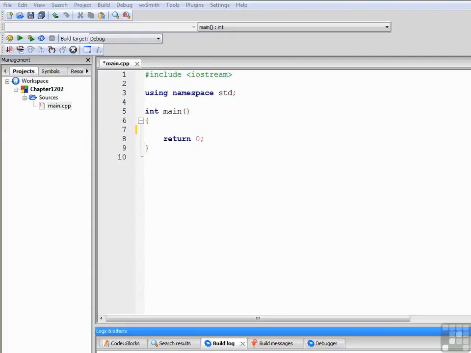As I mentioned earlier, we're going to take this chapter on pointers slow. So in this lesson, all we're going to cover is pointer declarations and initializations. So let's get started. To declare a pointer, simply provide a data type for the pointer, followed by the asterisk